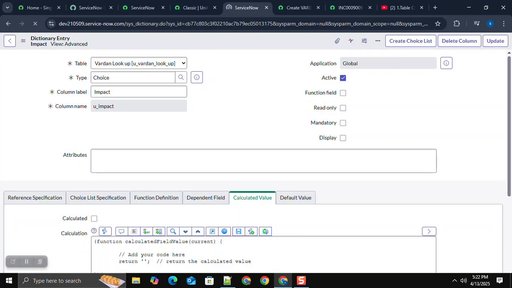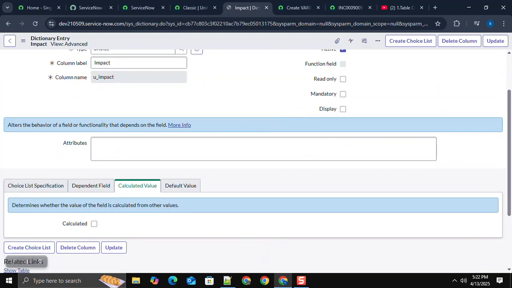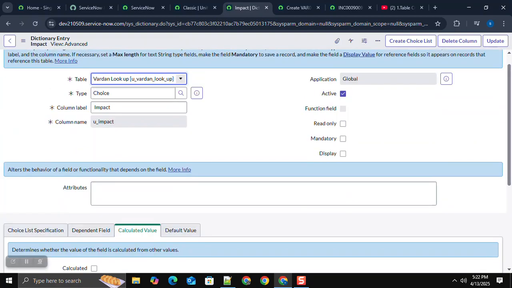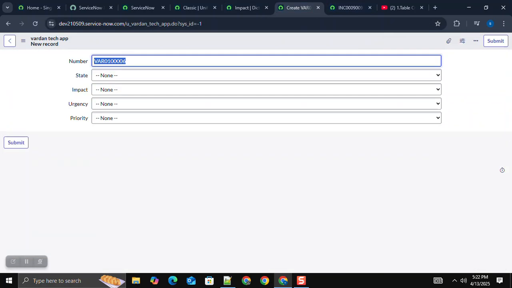Let's create a new column. Here select choice table. The column name, the second one, is urgency. Urgency. Click on the right side. The backend value will be created. And we can select the choice list specification from this. So once we save it,